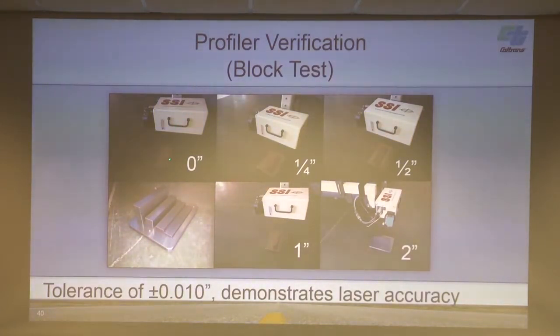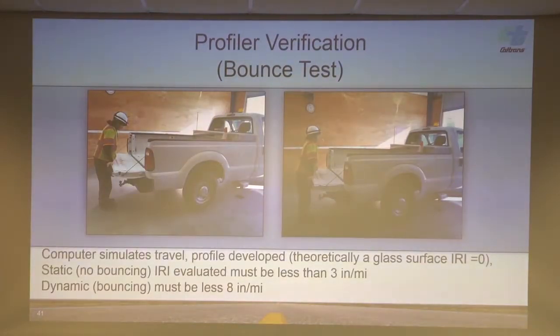They'll set a steel plate down, and that gives them their reference elevation. Then they'll put a 1/4 inch plate down and take a laser measurement. The laser is going to tell them that it raised up, and the distance is 1/4 inch less. They repeat it for 1/2 inch, 1 inch, and 2 inch. They go through all those measurements, and they have to be within 1/100th of an inch. These measurements are reading out to the thousandth. These lasers have to be accurate to within 1/100th of an inch, 0.01 inches. Okay, now the bounce test.